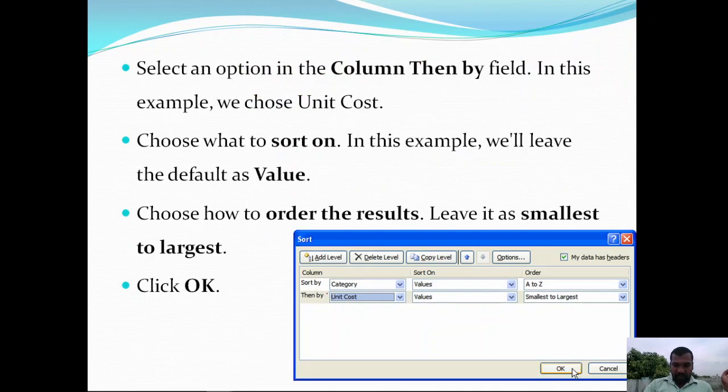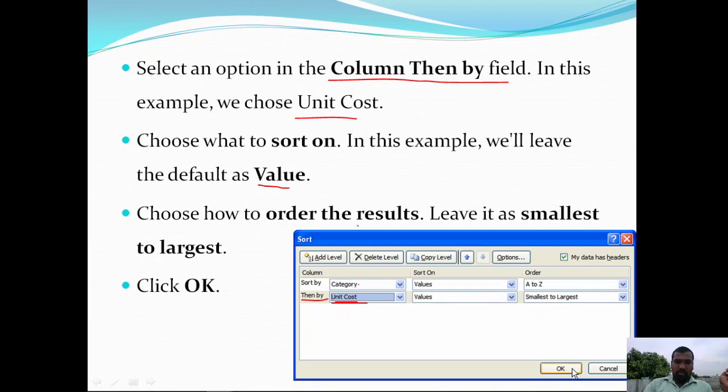For example, we have chosen unit cost. Select an option in the column then by field. In this example, we have chosen unit cost. The unit cost is one of the columns, and category is one of the columns in the entire data. Choose what to sort on. In this example, we leave the default value as value.